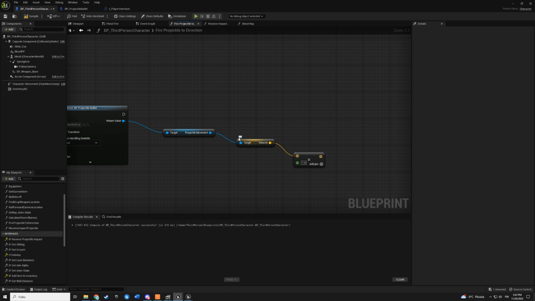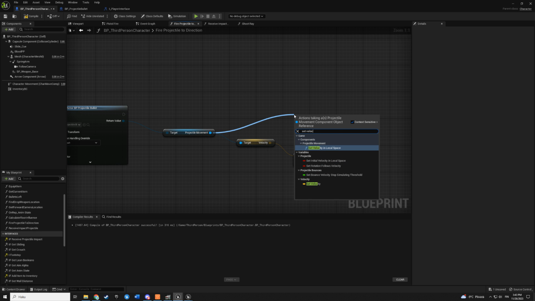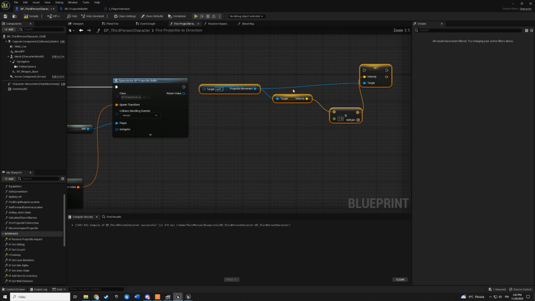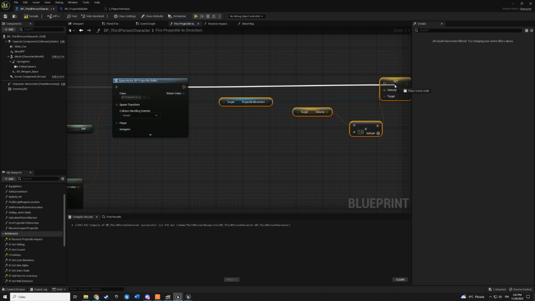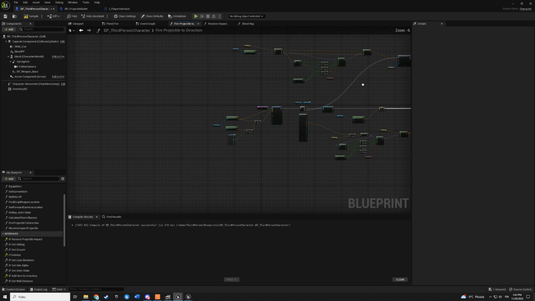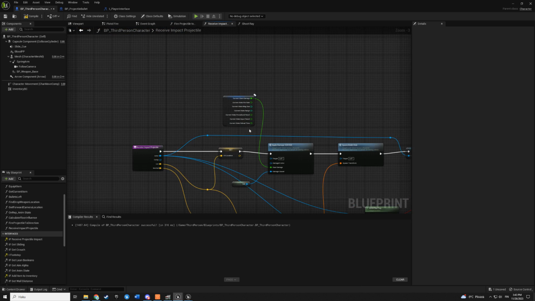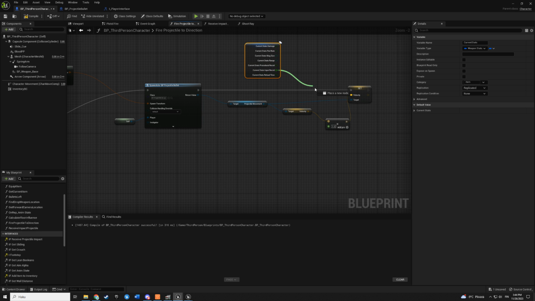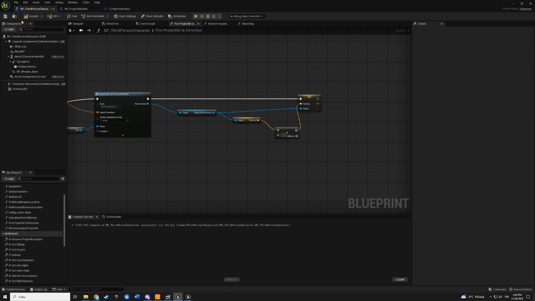But yeah, then we need to set that velocity. And it will be this one. Then we can copy this to here also. And this one we can modify with, for example, you can make new variable here where you have damage, fire rate, and all these. Make new float variable, and then you can use that in here and connect. But I don't do that now.